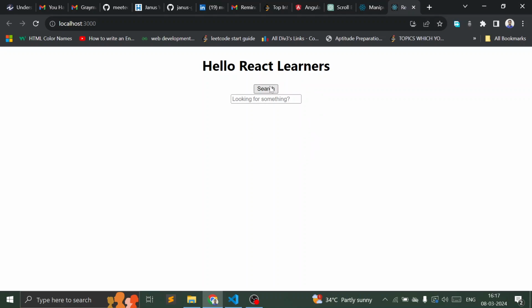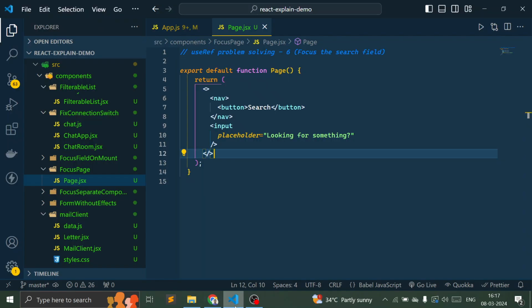So there will be two steps to this problem. The first step of this problem, what I want you to do is whenever this search is clicked, this input box should be focused. Okay, whenever this search is clicked, this input box should be focused. How can we do that? Whenever I'm saying the input box should be focused,